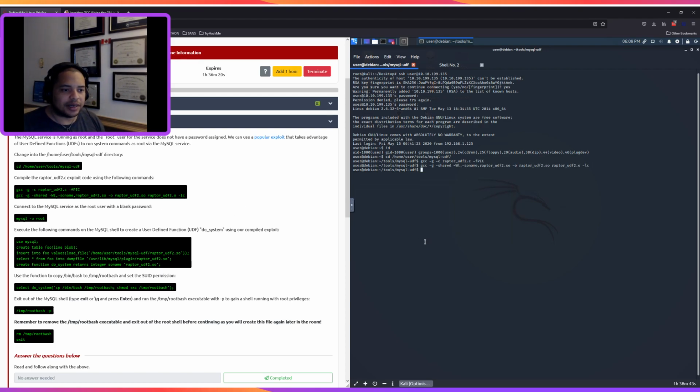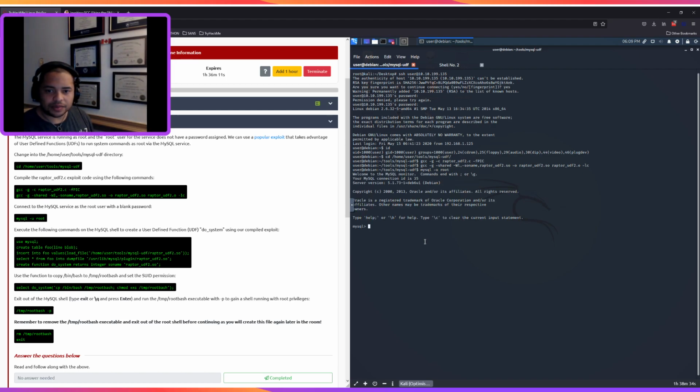Okay, connect to the MySQL service as the root user with a blank password. So mysql -u for user, and root. Welcome to the MySQL monitor. Commands end with a semicolon or \g. Good to know. My connection ID is 35. All right. Execute the following commands on the MySQL shell to create a user-defined function do_system using our compiled exploit. So use mysql;